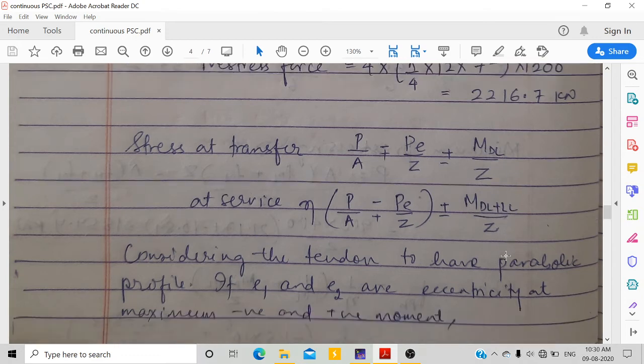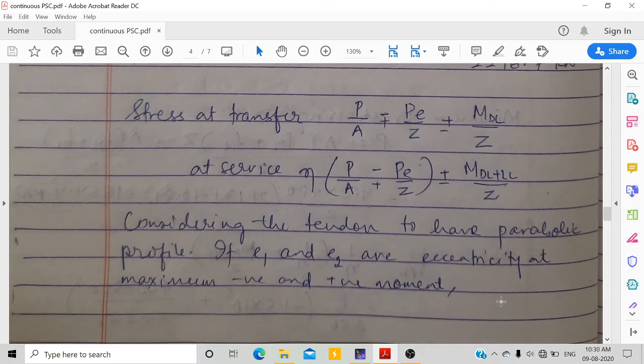So we have calculated, first step, the dimension of the beam which is required. Then we calculated how much pre-stress force is there. So now we are going to find out what will be the tendon profile. Okay, what is the eccentricity? You can directly put the profile as straight tendon. I have tried to put a parabolic profile.